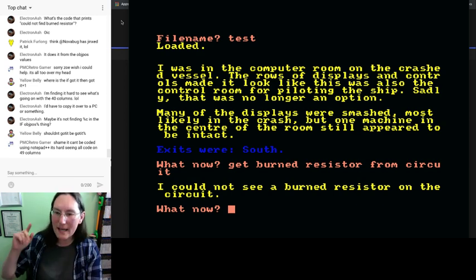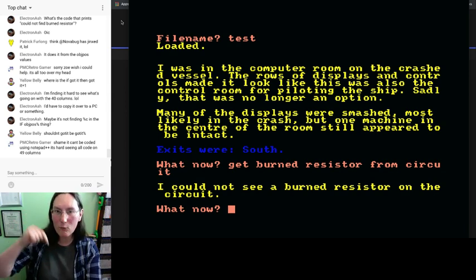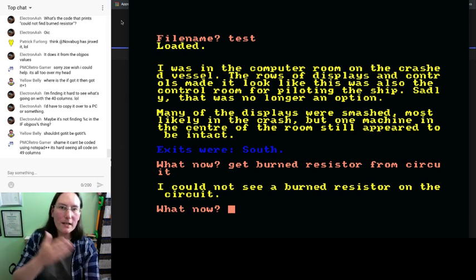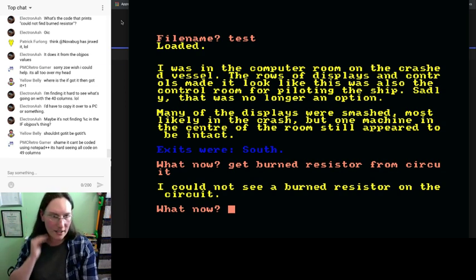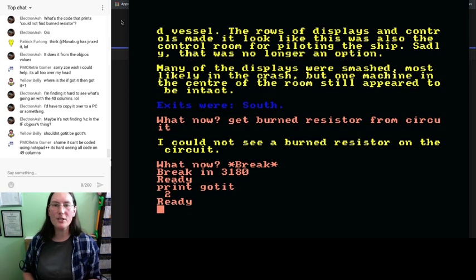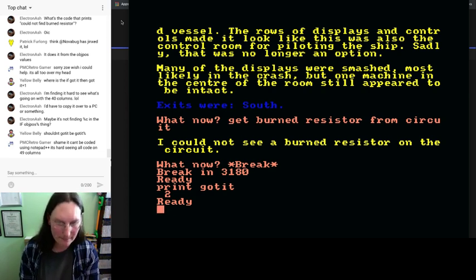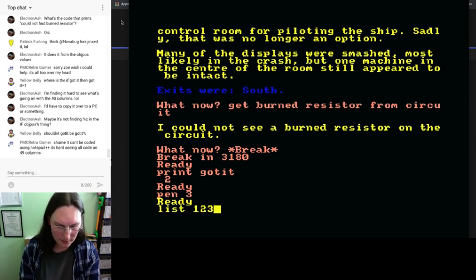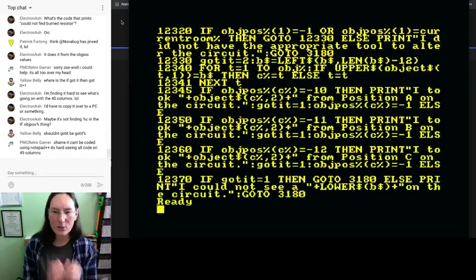So, I could not see a burned resistor on the circuit. That's what we're getting, which means that the if check is being run at 12370, which is if got it equals 1, go to the what now prompt. If it doesn't equal 1, say I could not find a blah blah blah on the circuit. So it thinks got it does not equal 1. Print got it. Got it is equal to 2. It has not changed it. That's the interesting thing. For me anyway. Pen 3. List 12300 to 13000. The code is not being triggered. It is not...